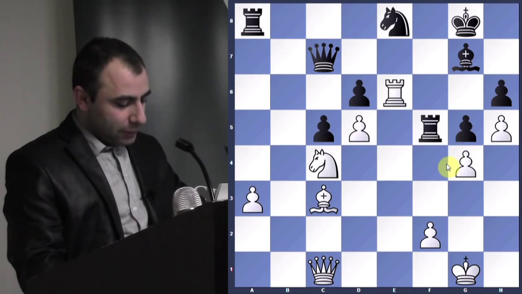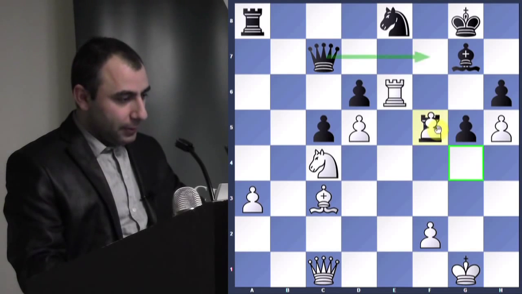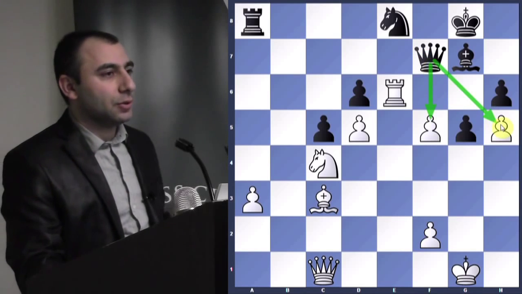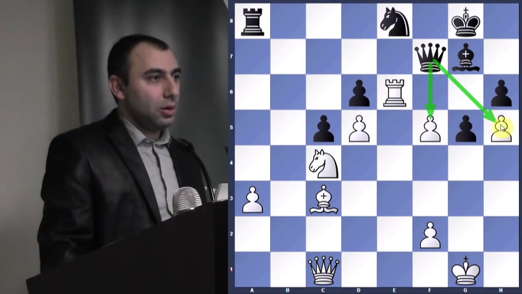Rook takes f5. This was, by the way, the 40th move, so he just made the time control. He was in time trouble too. So I took back with a pawn. And now he goes queen f7. Looks kind of threatening. He wants to pick up the pawns. Now,